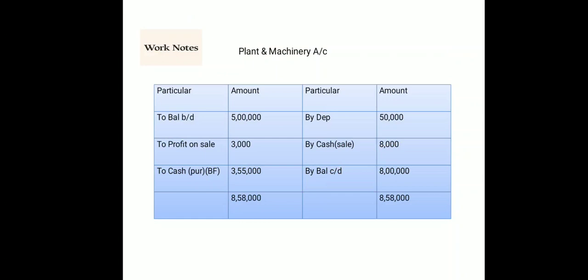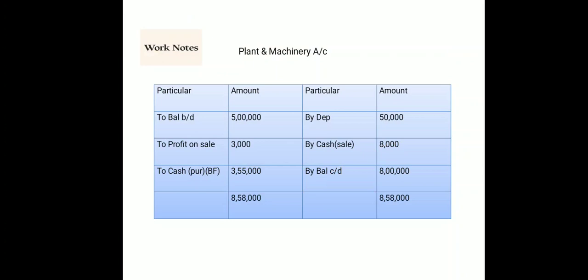And then we have seen that a piece of machinery got sold for 8,000 rupees, which had a cost of 12,000, but the depreciation was also there, so the actual value was only 5,000. So we are going to do the entry of sale. By cash, that is your sale, for how much? We have sold for 8,000. And now the profit was how much? Profit of 3,000, so that goes on the debit side as profit on sale. And then the closing balance is already taken, so all the additional information is adjusted.